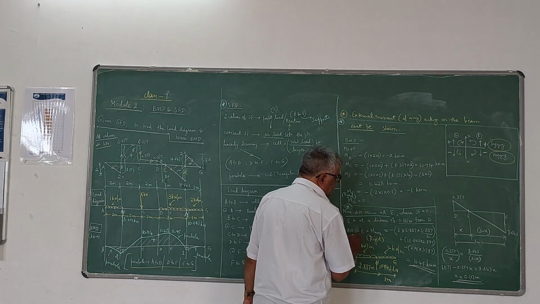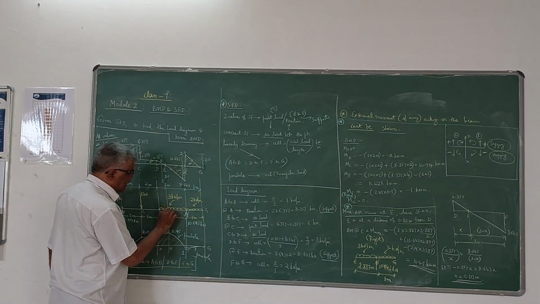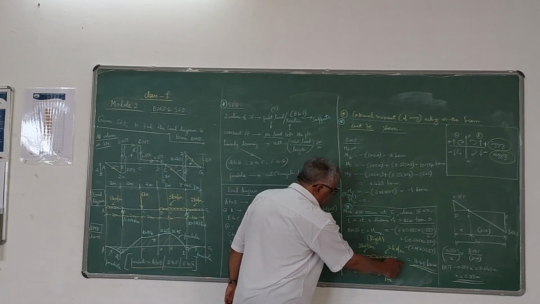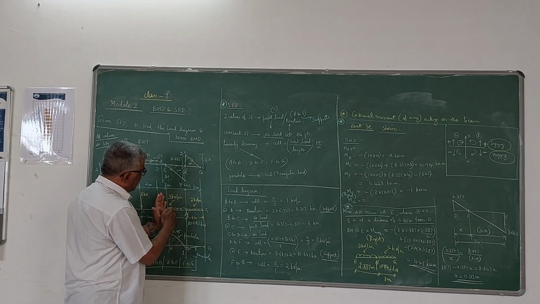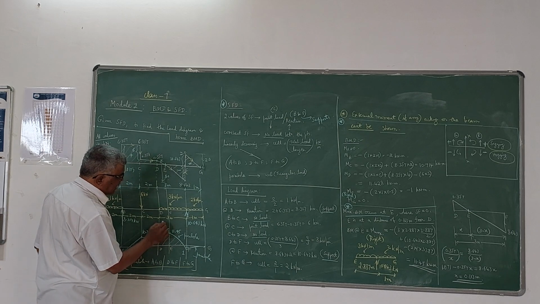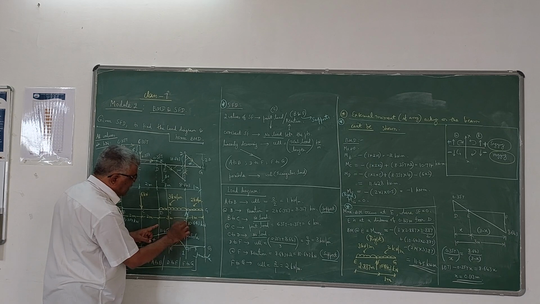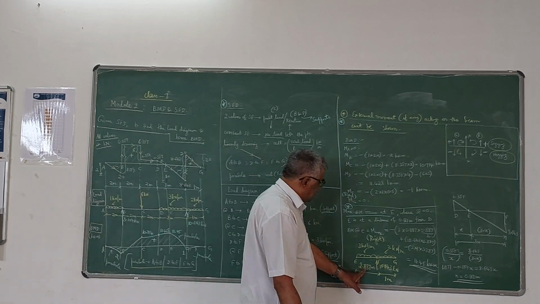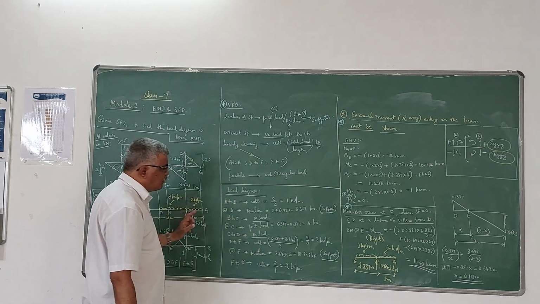Now, to calculate that, I have taken the right side of E and written the diagram here. If you see the right side of E, what are all the things available from this point onwards? You have a UDL of 3 kN per meter over a length of, what is that length? From D to E it is 0.113, from D to F it is 3. Therefore, the distance from E to F is 3 minus 0.113, which is 2.887 meter, and from F to G